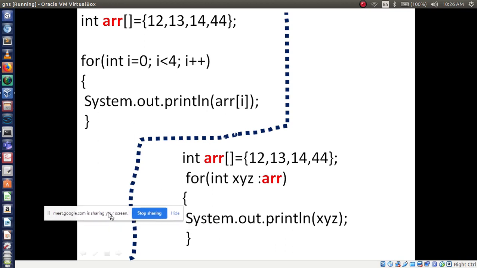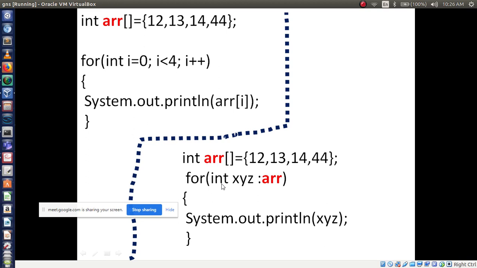See, which one is very easy compared to these two for loops? Let me know. The second one is very easy because here we are using only two parameters, but in this traditional for loop we need initialization, condition and increment.